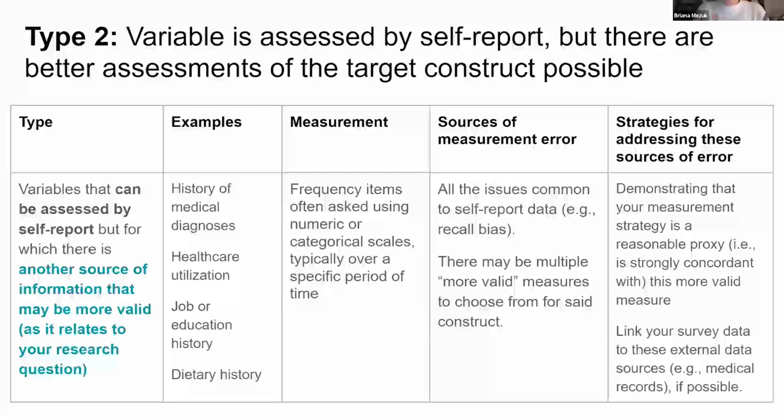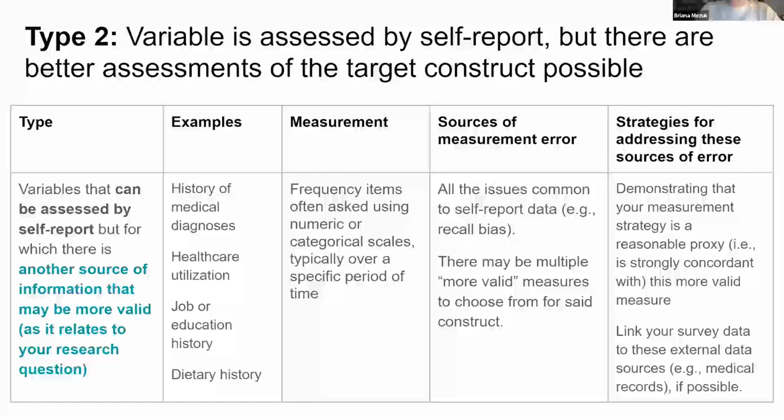because are we just talking about physical healthcare? Are we talking about emergency care? What about dental care, right? Does that count as healthcare utilization, et cetera? You get the point. So some strategies for addressing measurement error for this type of variable are, you want to